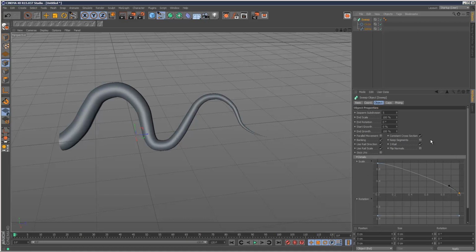So if I go to sweep again and use, where is it? End growth, I can basically animate this growing like that. The problem is, as you can see, it looks kind of chopped off. And this is where moSpline can come in handy. So what I'm going to do is I'm just going to create moSpline,